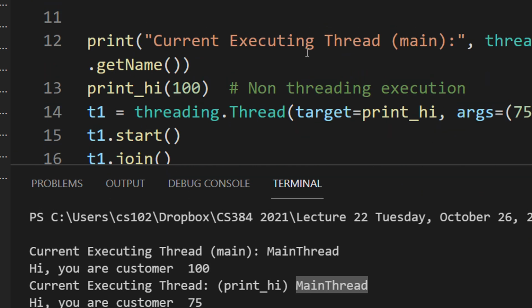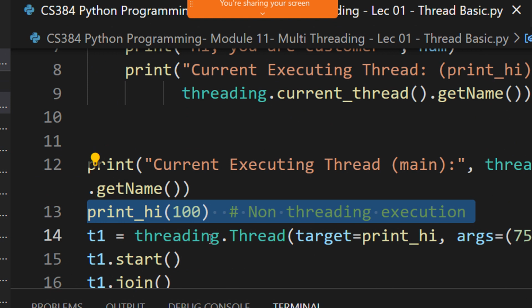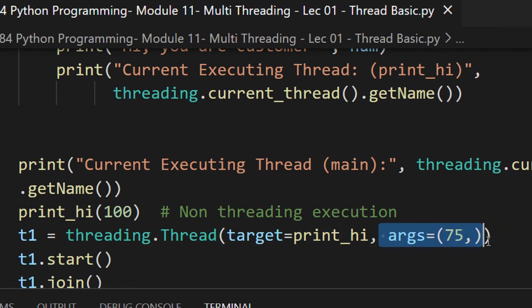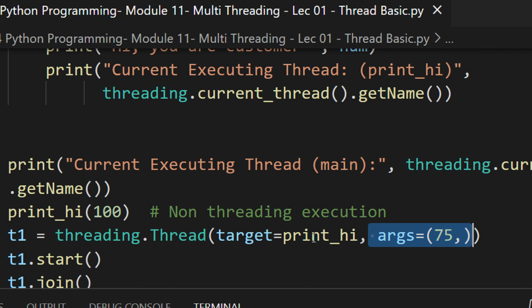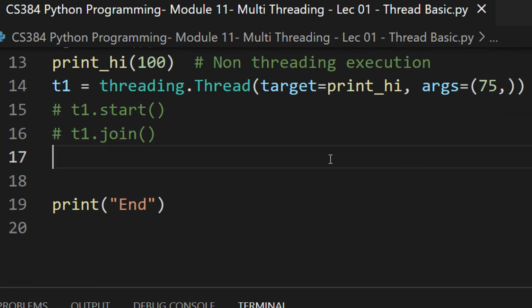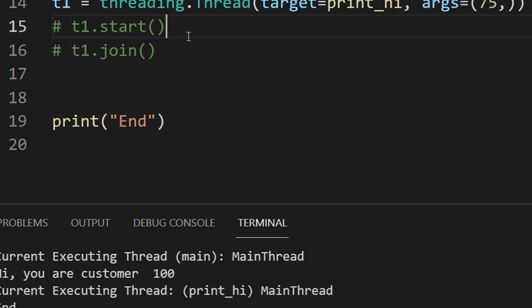Now see how I'm calling via thread. You see I'm calling this function using parentheses and the number 100. Fine. Now I'm calling using a thread. So using a thread, I just specify the function name without parentheses and I'm passing the argument. So now I'm saying that I want to call this function using a thread, which is not the main thread, but I'm creating my own custom thread. Now there are two things here: start and join. Let us comment them right now, because it's a single call, nothing will happen. Oh, sorry, t1 dot start I have to do.